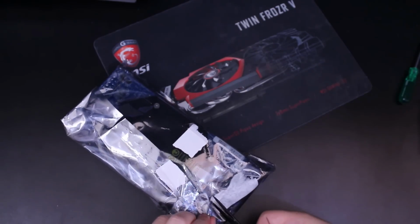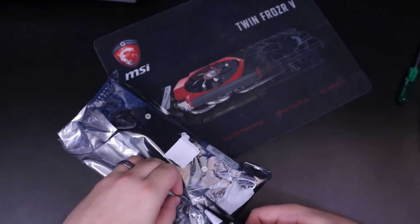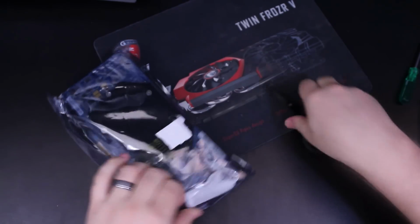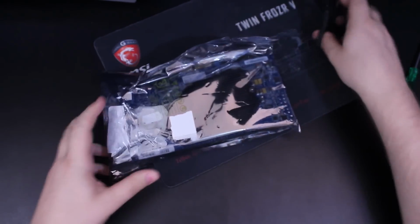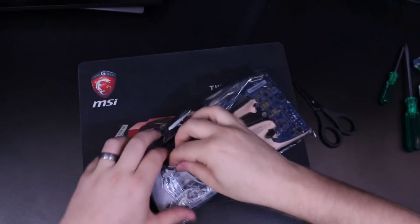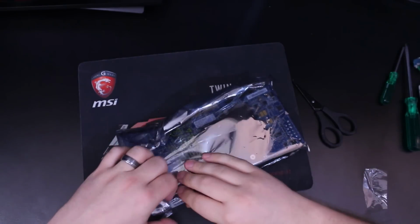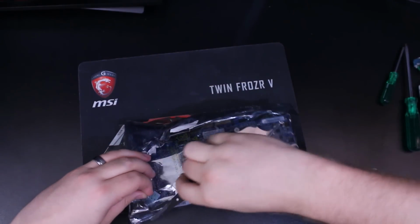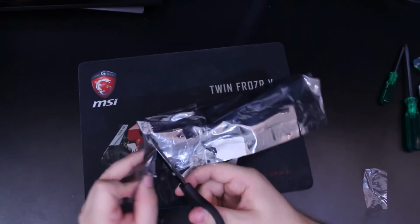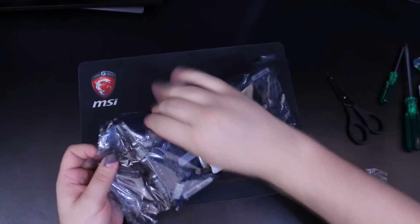Okay. Well, it's in an anti-static bag, so that's always good. Oh god. This was a card that was also in very good condition. Let me just make sure again that this is actually, there we go, in focus. Ugh. So much tape. I'm just going to cut the bag because I'm not going to use it again and I want to get